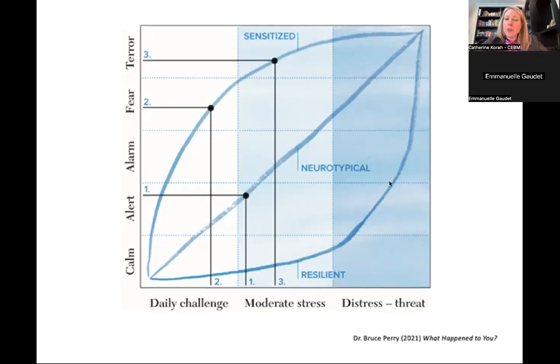And so the other curve here at the bottom is the person who is resilient, and we're not differentiating here between the neurotypical versus the sensitized. In both categories, if we are able to build more resilience in the child or in the person, they will have a better capacity in managing daily stress and daily challenges. We will look further in this presentation at what is needed in terms of building resiliency, but resiliency is the key in order to help accompany our neurodiverse individuals.